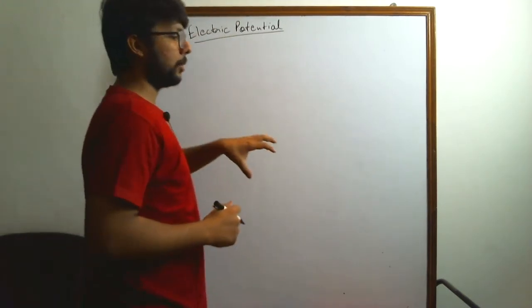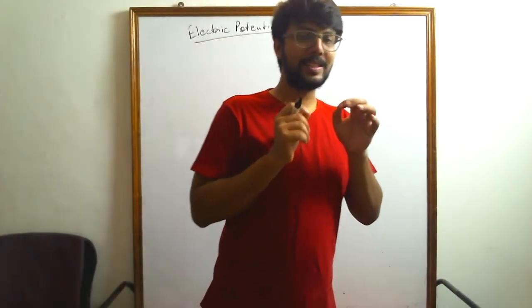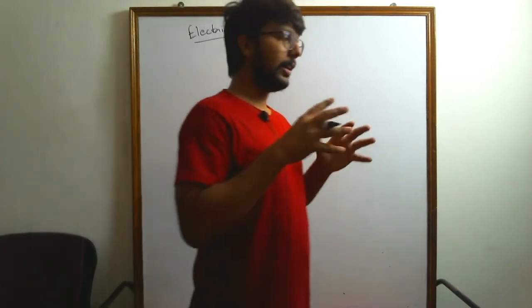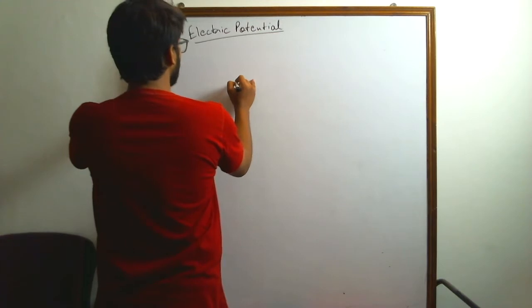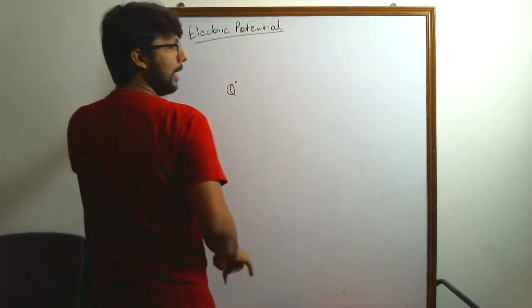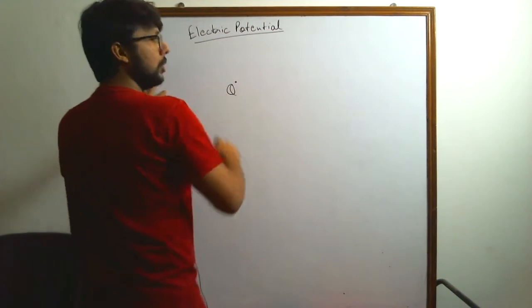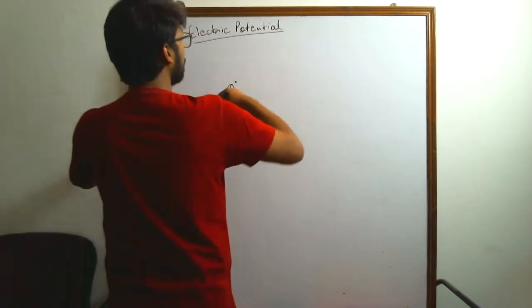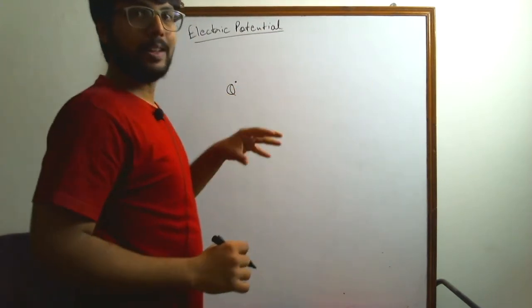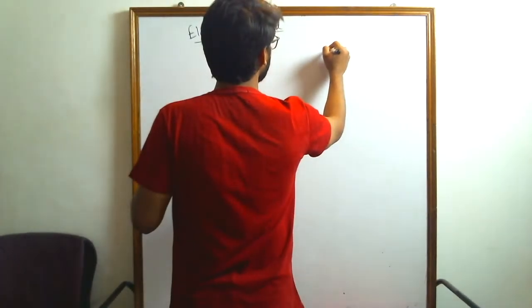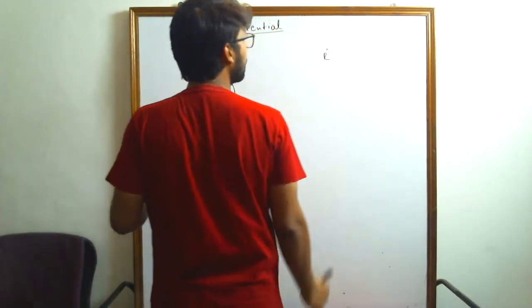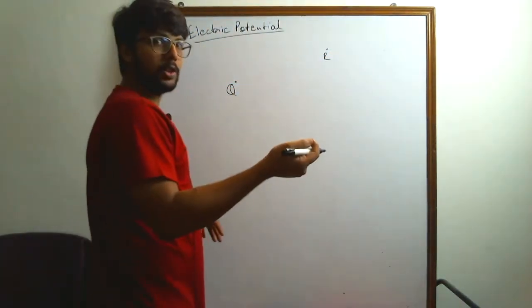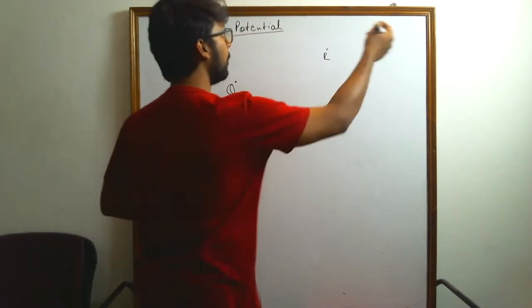So first of all, what is electric potential? Electric potential is simply the potential energy of a unit charge. In simpler terms, suppose I have a charge over here named capital Q, and this is the charge on the thing. Obviously it has an electric field around it in a spherical manner. So let's consider a point here, say R. Now to bring a unit charge from infinity